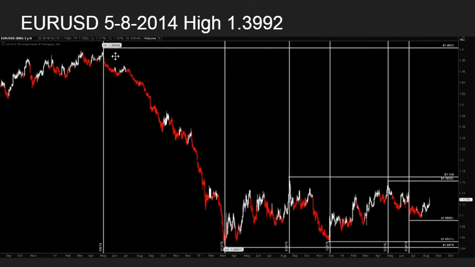Euro, same thing. May 8th of 2014, it made a high, 39.92. We dropped down all the way to 3/13. Made a high here, made a low here, made a high here, made a swing low here, and we're somewhere around here. Figure out, do mathematics. Using time. I'm not telling you to do price. I'm just telling you to use time.